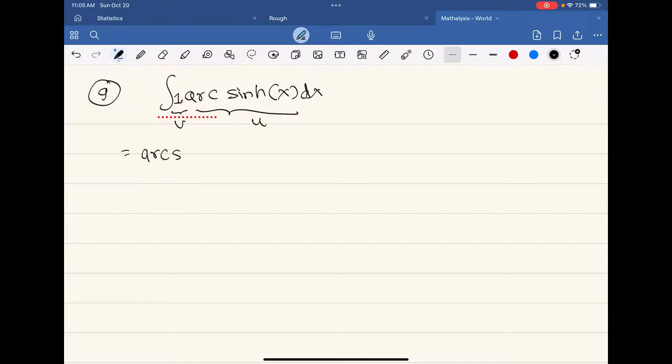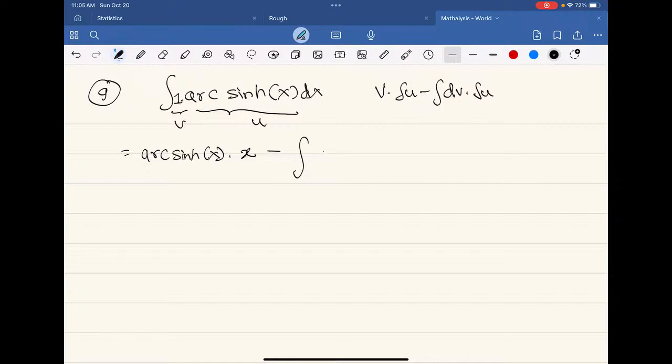So we get first u, and then the integral of v, which is the integral of 1, just x, minus, you know the formula, right? The integral of v times u minus the derivative of u times the integral of v. So now the derivative of u is